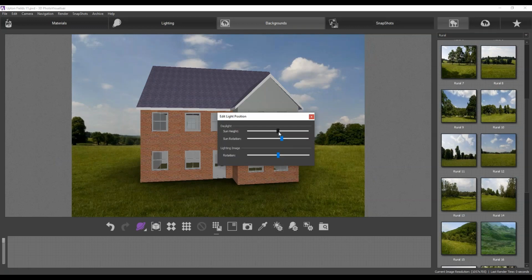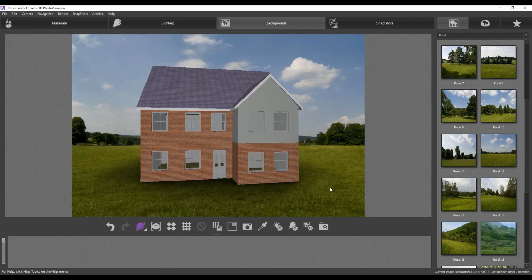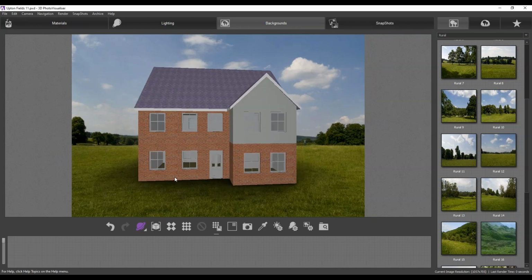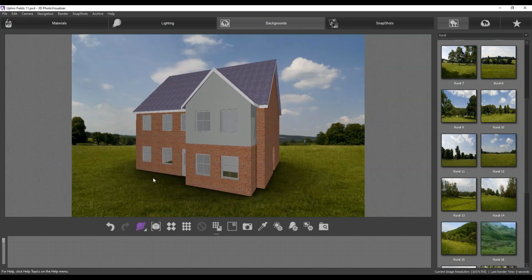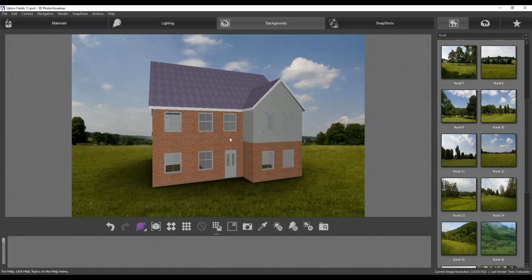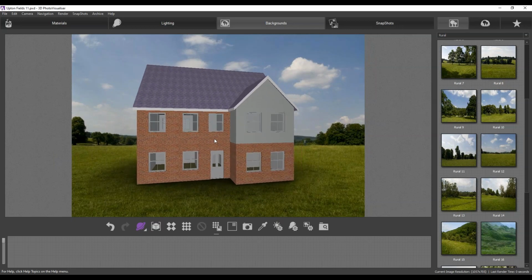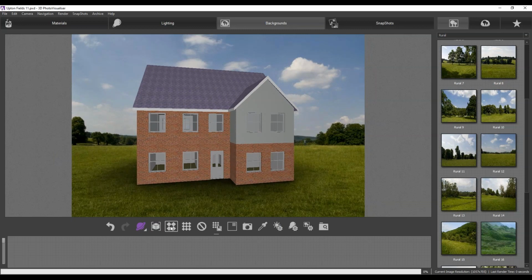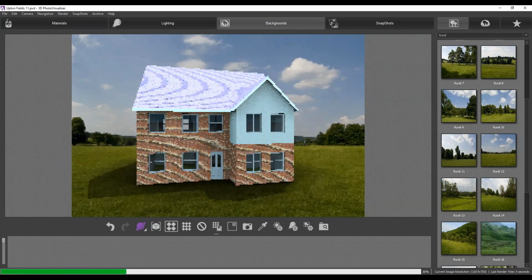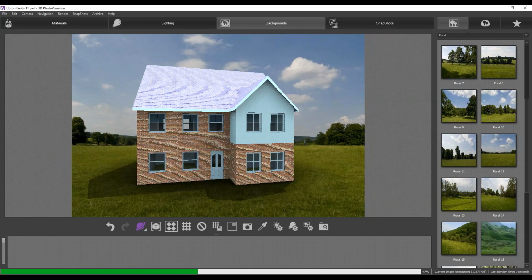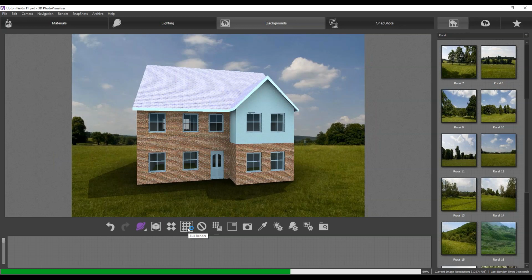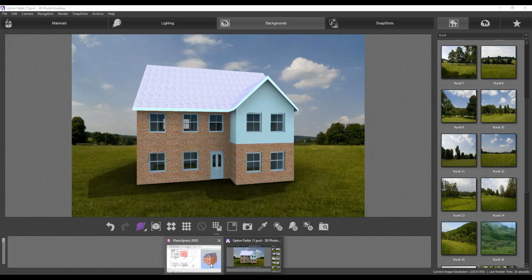And then I can control everything from the height of the sun, the rotation of the sun, so I can create some nice shadows that look really effective when I render the image. So this is like a speed tour of what you can do on here, but once you're happy with the materials you've selected, with the background, with the lighting, you can then render the image. If I click back to PlansXpress, so you can see